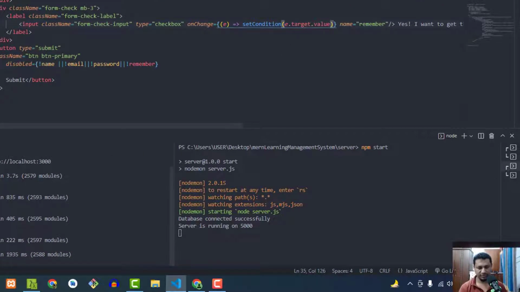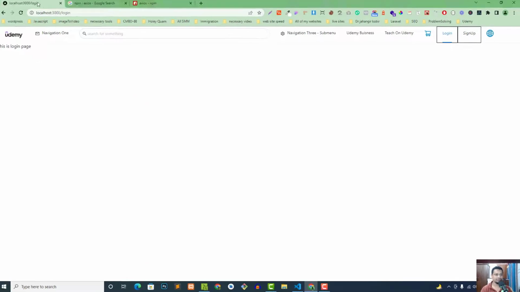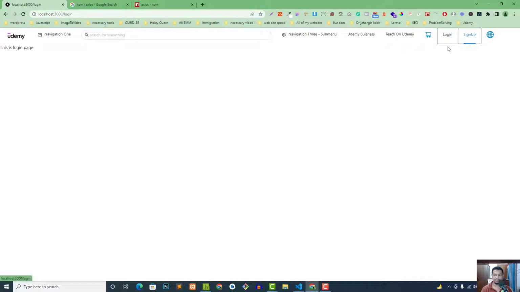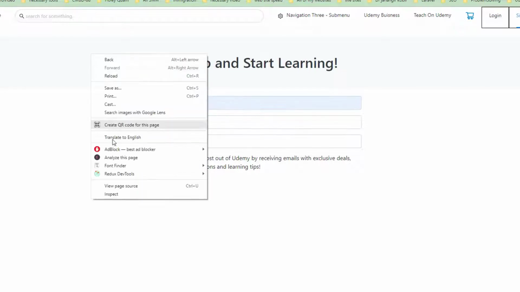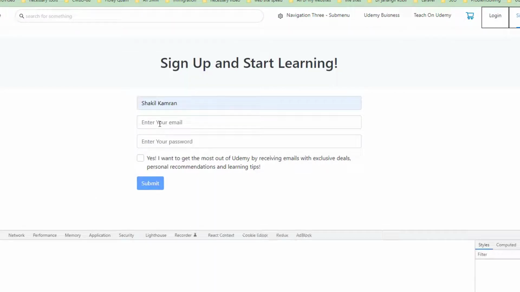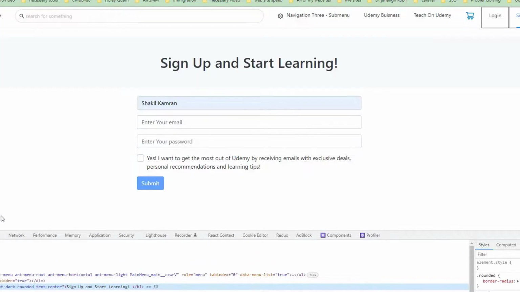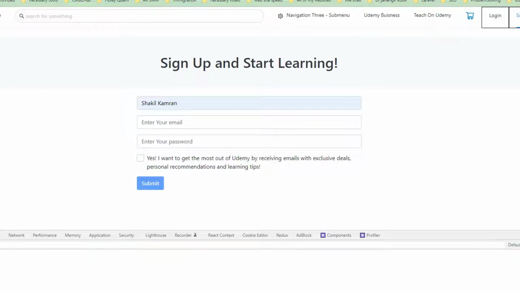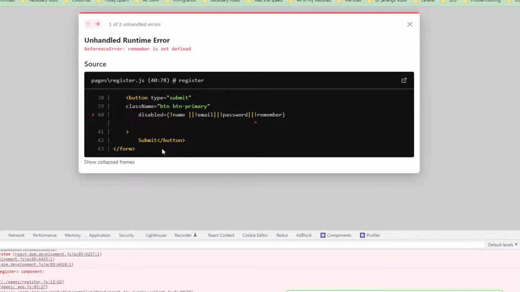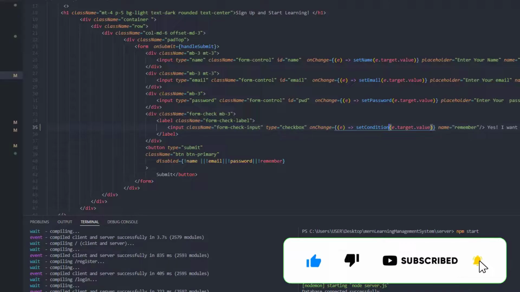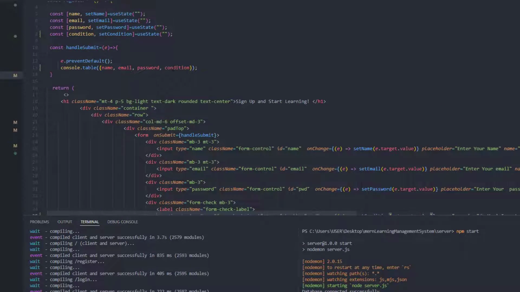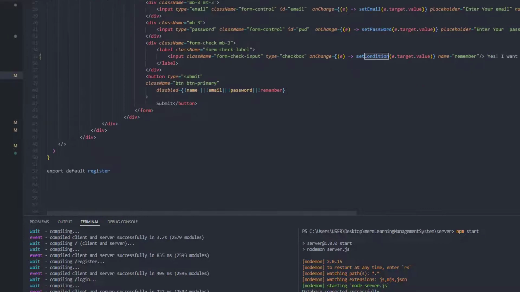Okay, so let's check whether it is working or not. Register. So name it Shakil, and see whether we are getting the response from here. Oh, as we have changed, it should be condition, as the user will accept the condition. Okay,